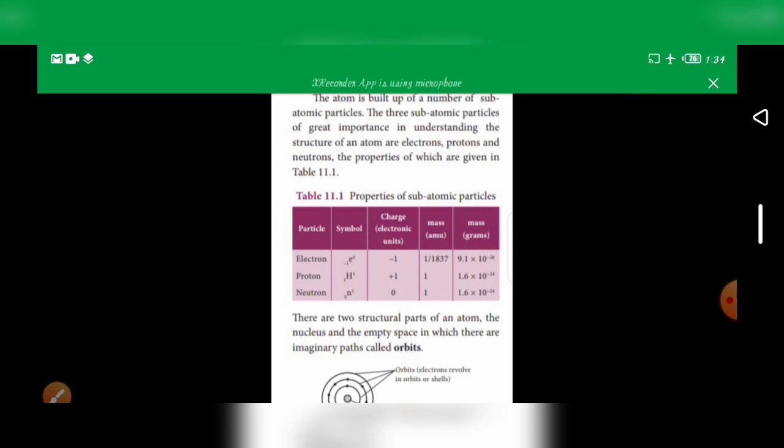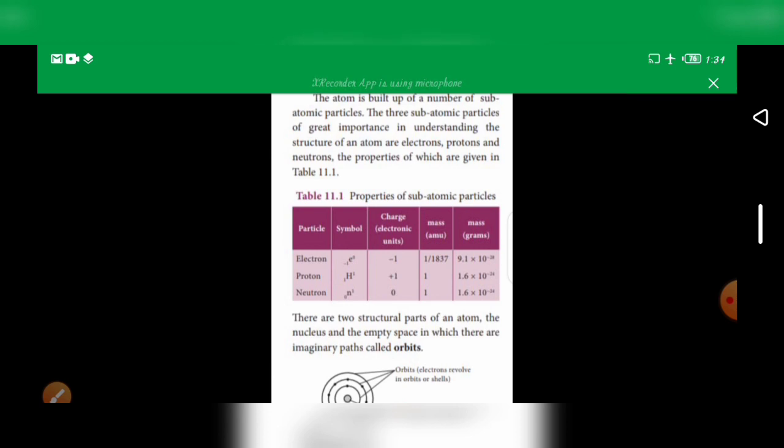Okay, next we see the electron symbol is e, 0, -1, its charge is -1 and its mass is 1/1837th of one part, which is very negligible mass. So we do not take the mass of the electron for the atom. Next proton, H, 1, 1, its charge is +1 and the mass is 1. So we take it for the mass number. Neutron, N, 1, 0, its charge is 0 but mass is 1. It will be written in grams also.